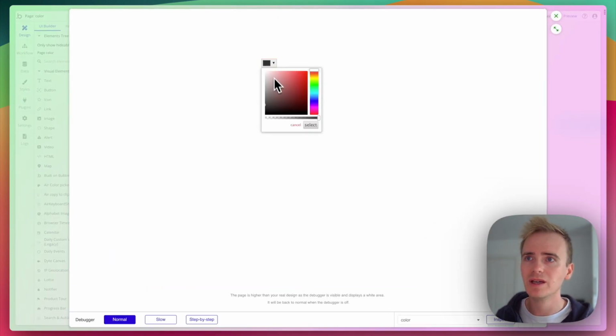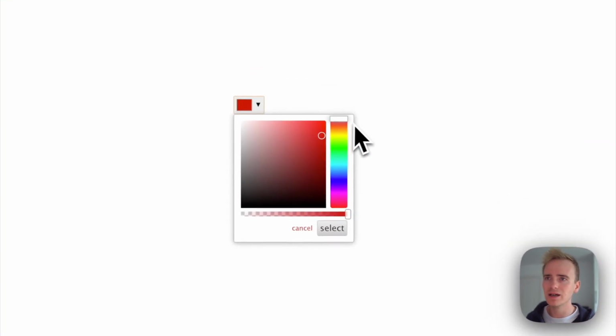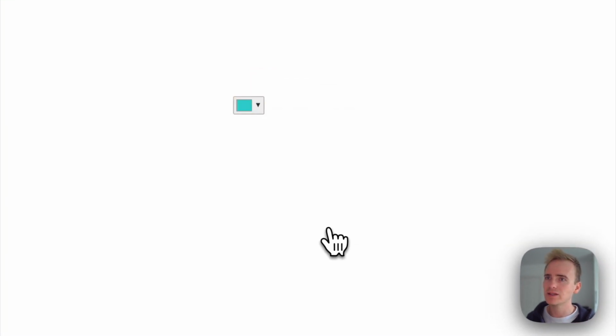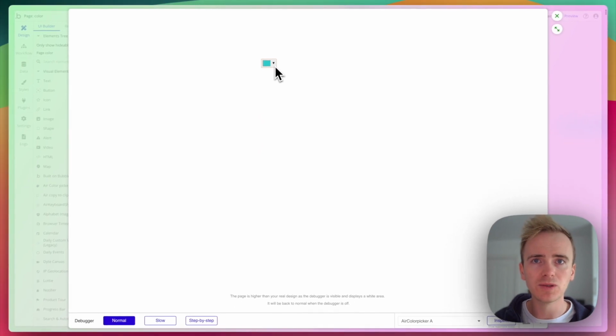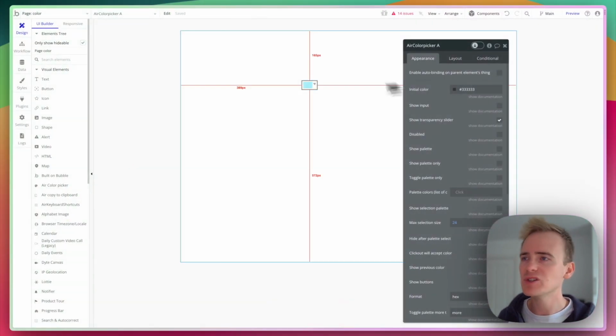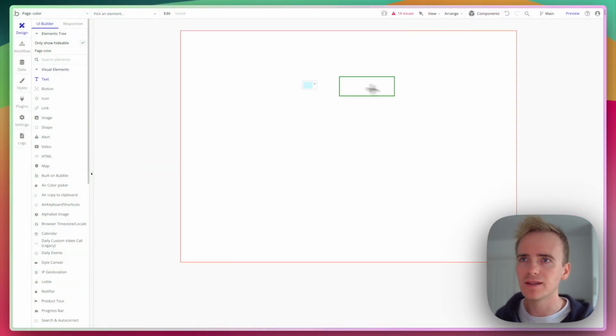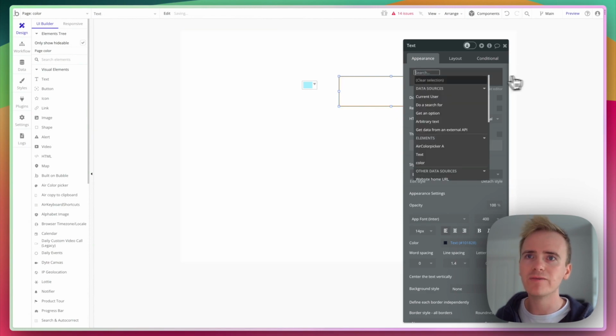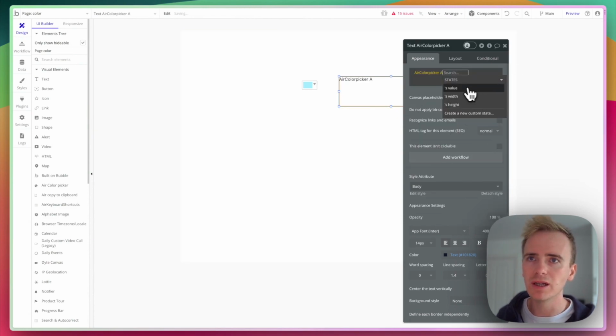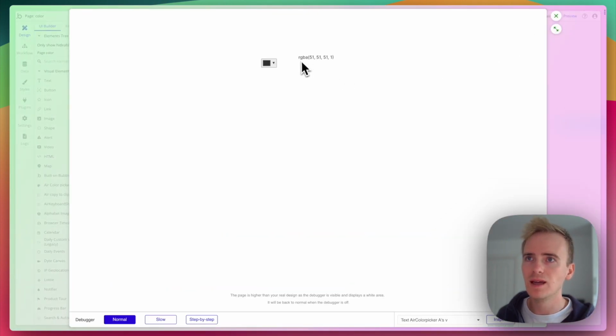By clicking on it, I get a palette here that I can change and hit select. And now that holds the hex color value. Let me show you how we can take that out. So I'm going to add a text label in. And now if I refer to the color picker value and then click preview again, it's actually giving me an